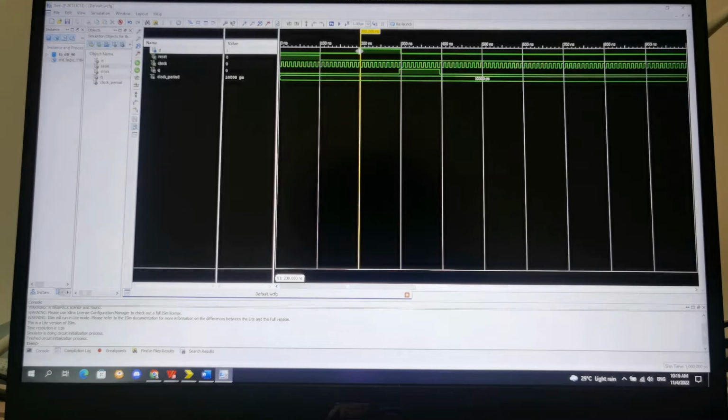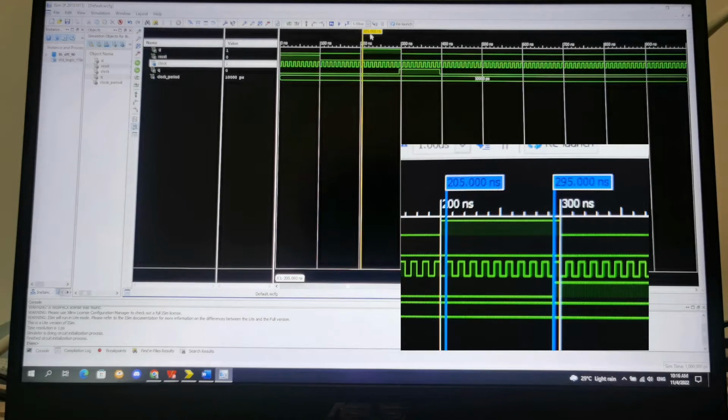As we can see here, the D input is given from 200 nanosecond to 300 nanosecond. So when there is a rise in the input signal, which is at 205 nanosecond, only then the D flip-flop with 90 nanosecond propagation delay will be active. It's because it sends a high input only at the rising edge here, which is 205 nanosecond, and it has to wait for